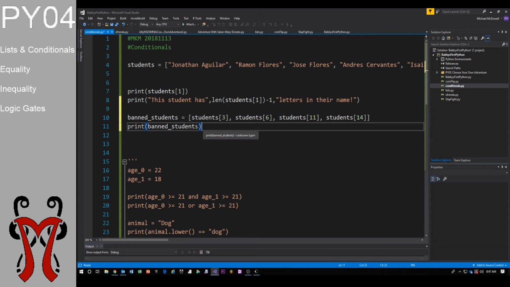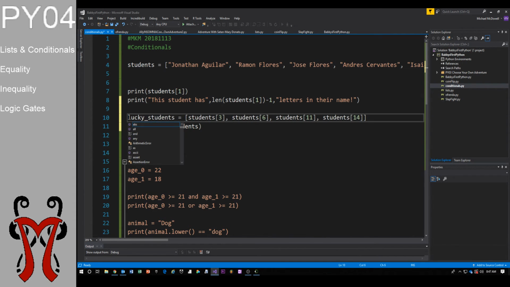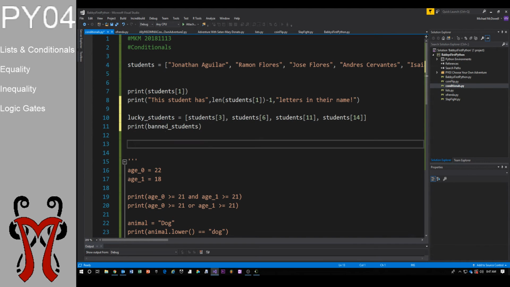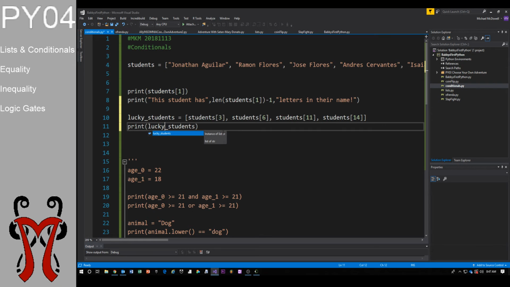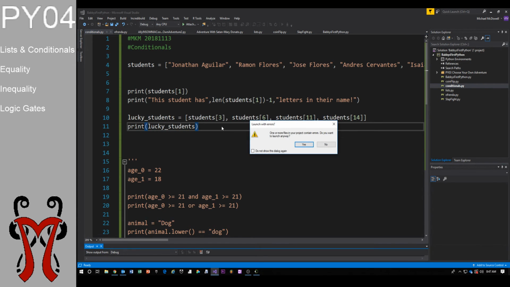So I made a new list called banned students, and in that student list I've just kind of arbitrarily picked some random numbers. Maybe I shouldn't make it banned students, I'll just make you lucky students. There we go. I don't want to just ban you here. So let's see who our lucky students are. If I print this out,